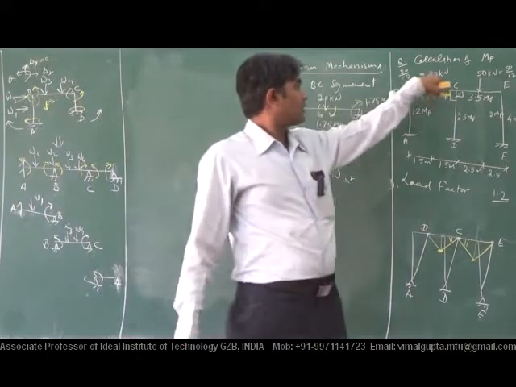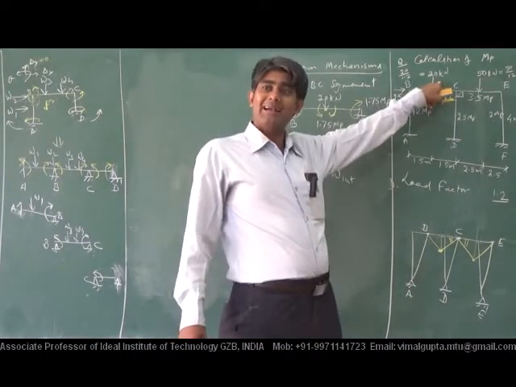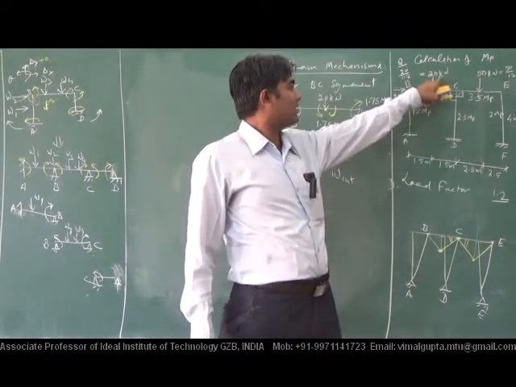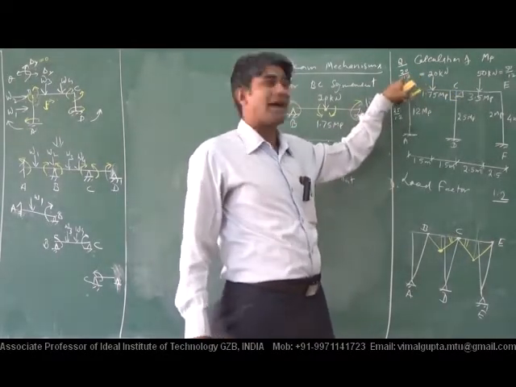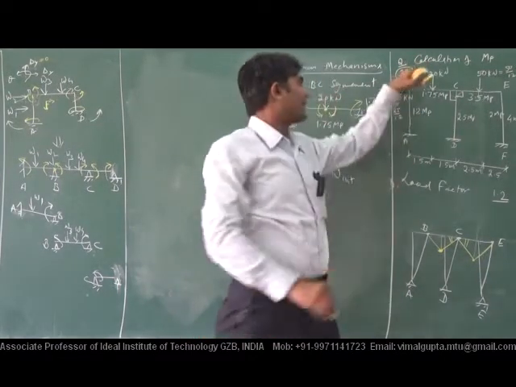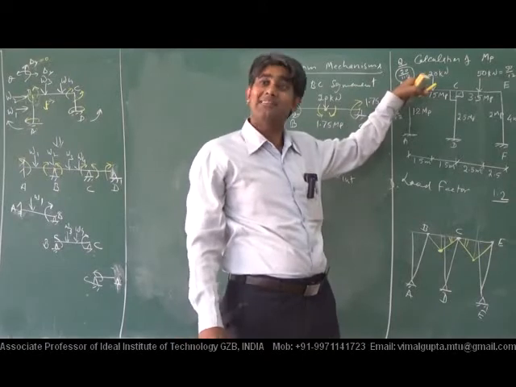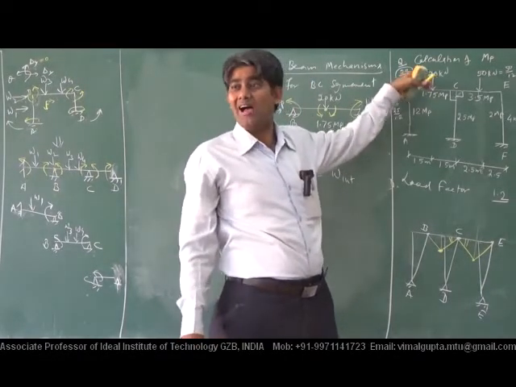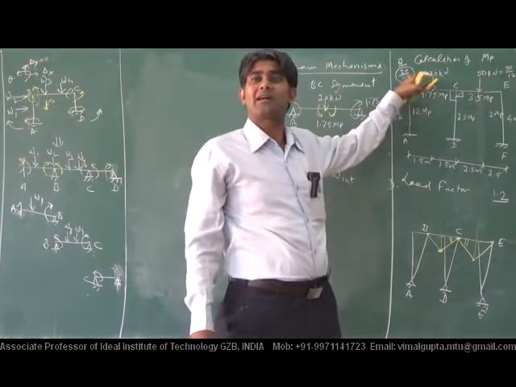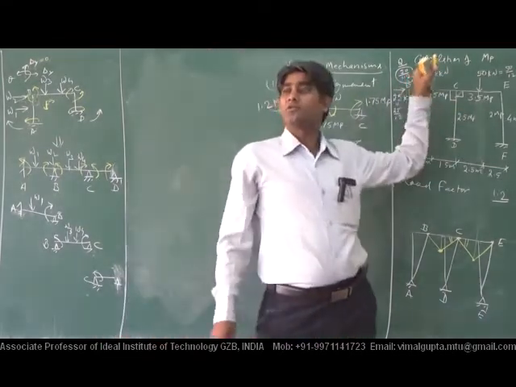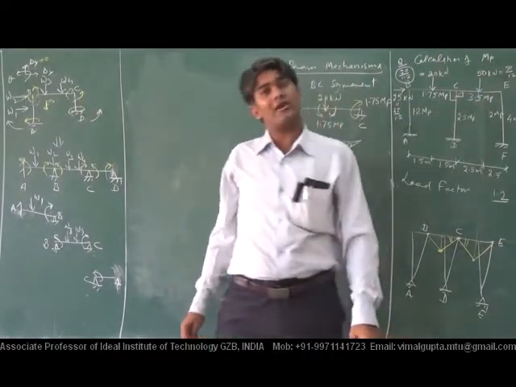Load 20 kilonewton. Consider this as a load. After the load factor, the working load is 20 by 1.2, that is the working load. 1.2 is the load factor, that was explained to understand the working load and collapse load.